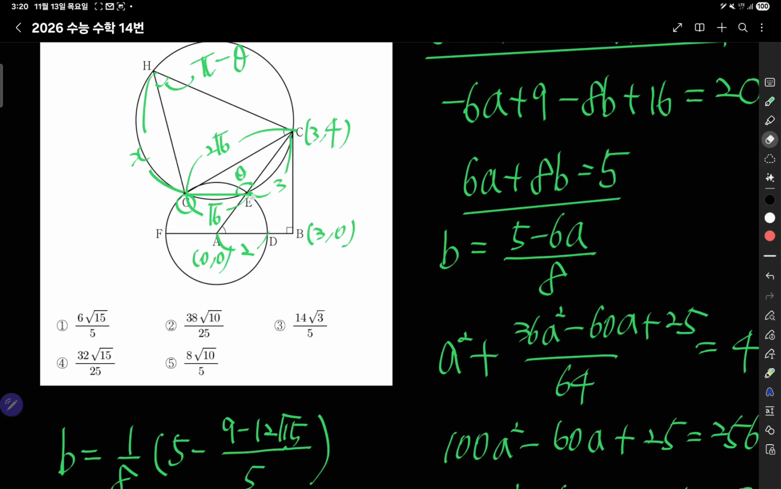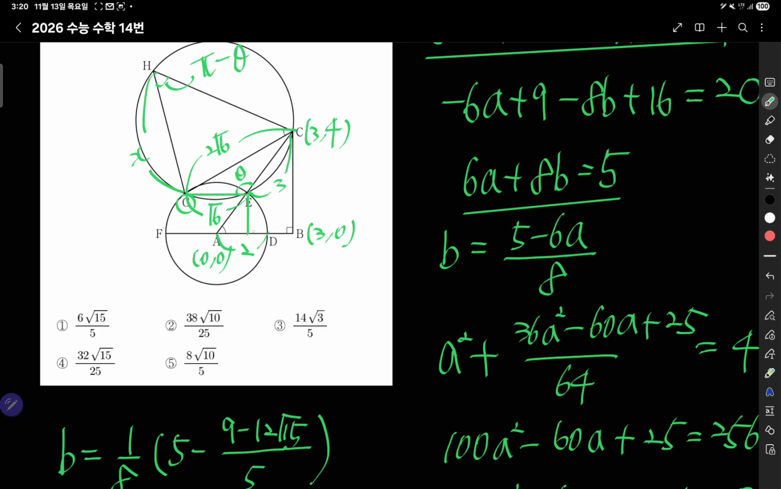And for the coordinates of point E, because of this angle CAB, if we put this vertical segment, the ratio is still 3, 4, and 5. And because the length of AE is 5,